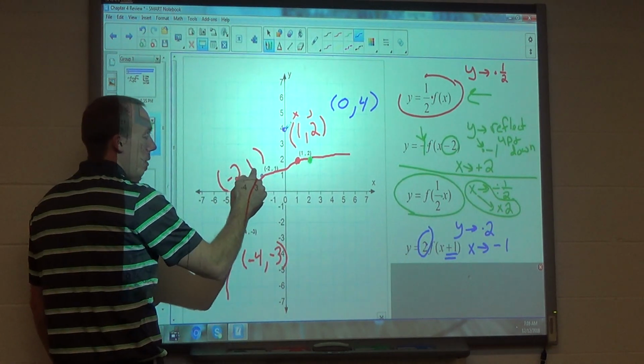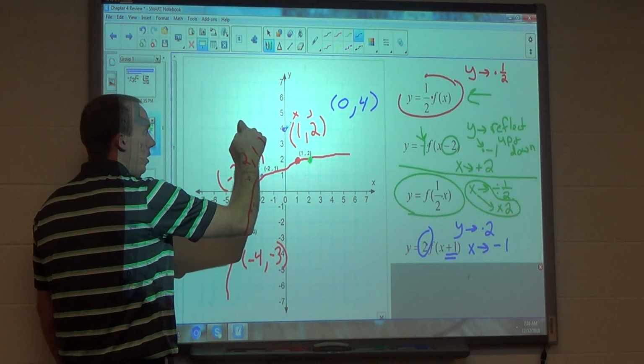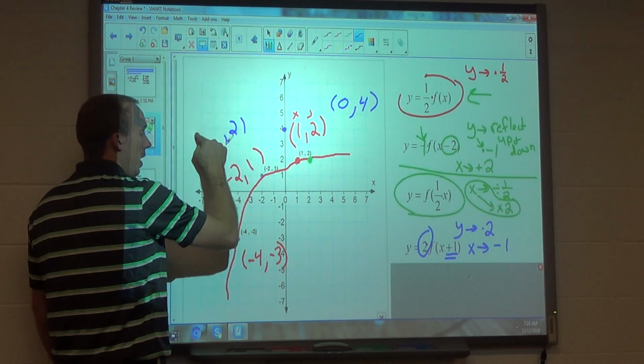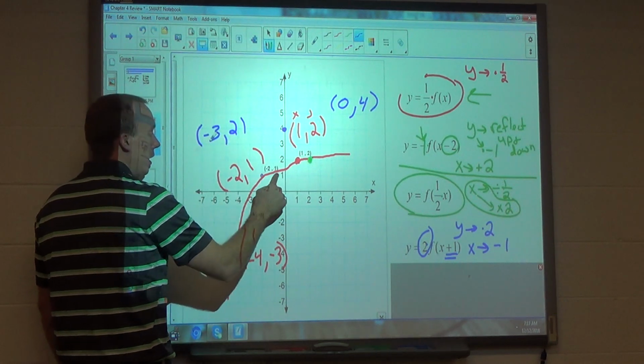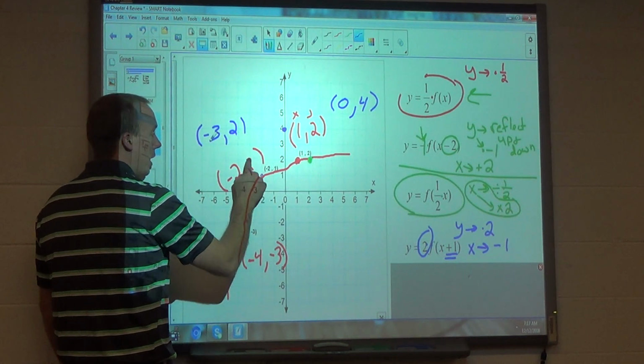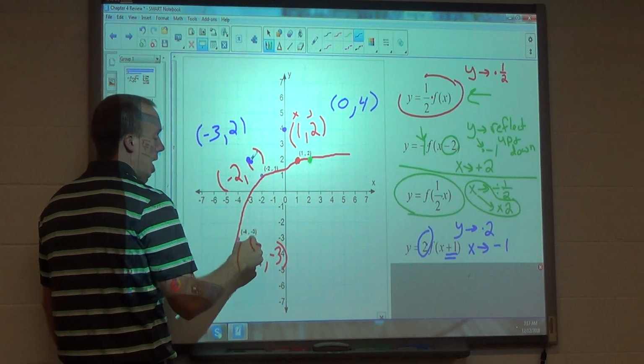Okay, so now if I double this y value, 1 doubled would be 2. Okay, and the x value, I'm going to minus 1, so negative 2 minus 1 would be negative 3. So then back 3 up 2. Okay, and then